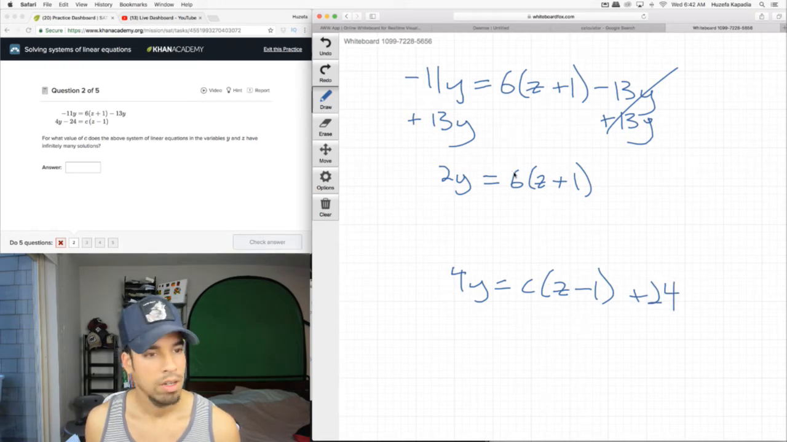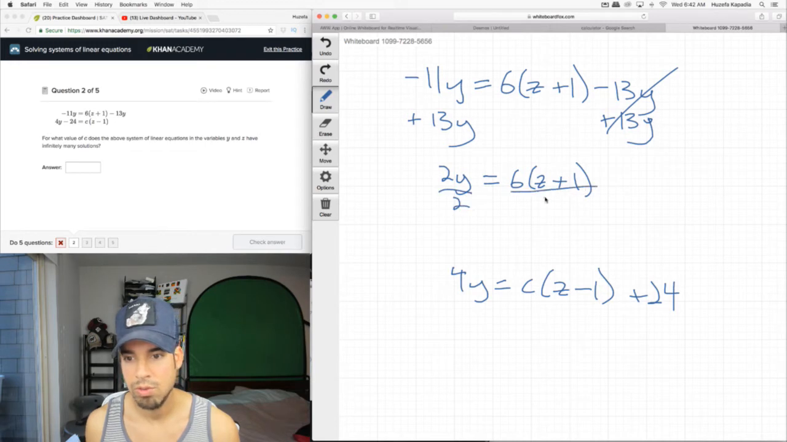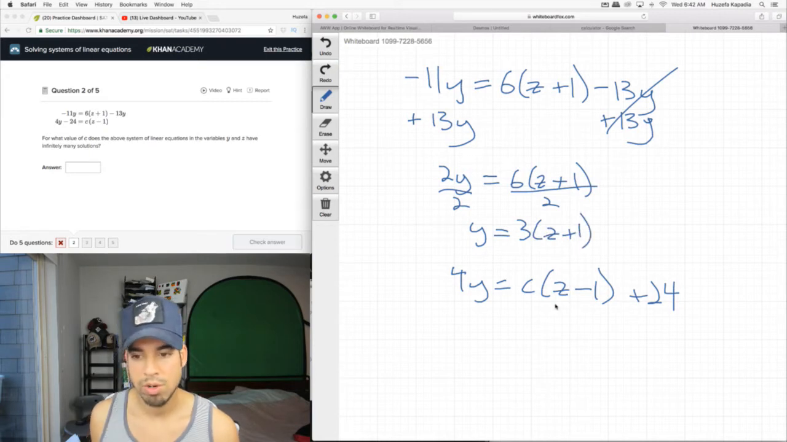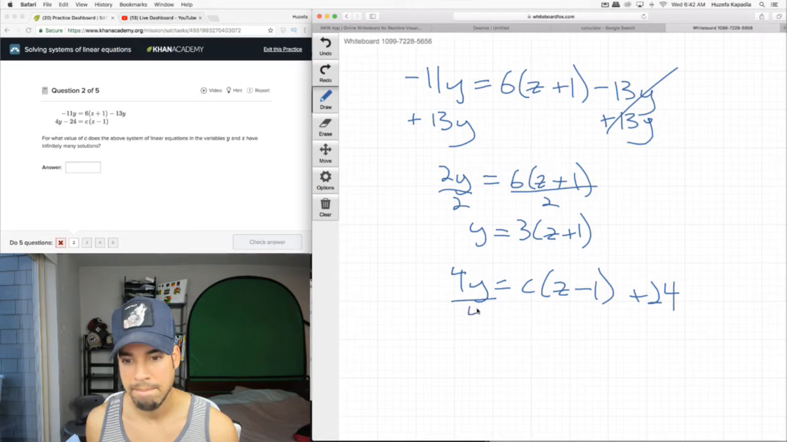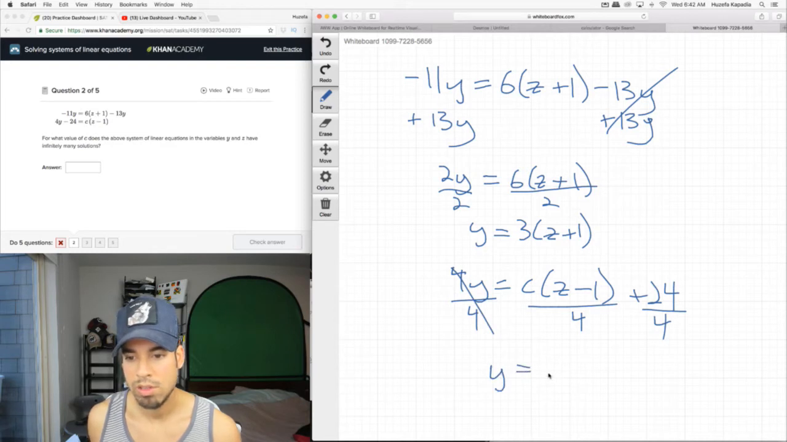Okay, how should we do this? Let's go ahead and divide everything by 2. And we've got y equals 3 times z plus 1. That's what that equation is. We need to get this to be the same. Let's divide everything by 4. Okay. And then we get y equals, and I'm going to even, so we'll say c over 4